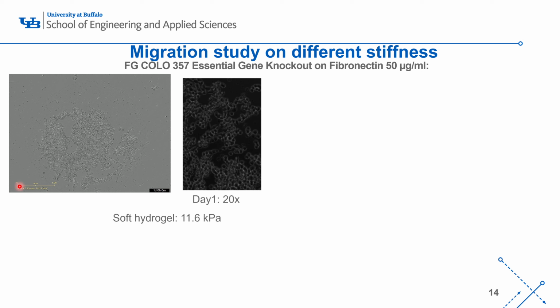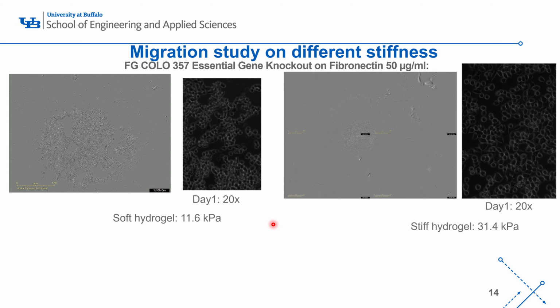In this case also we are not able to play the video, but the result shows that for the 5 days there is not much change in this soft hydrogel, and this one has a stiffness of around 11.6 kilopascal, and this one has a stiffness of around 31.4 kilopascals. And here is the 20x image of how the cells are attached to the hydrogel that is coated with fibronectin. Here also we do not see too much migration, and one of the reasons why we are not able to see too much migration is that